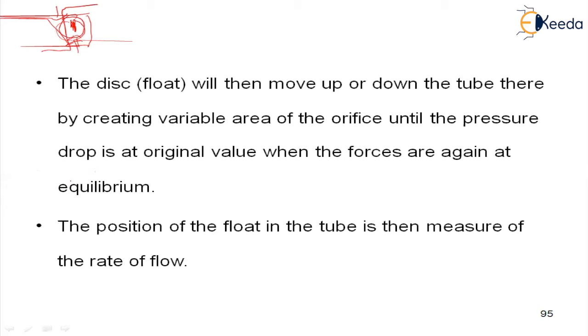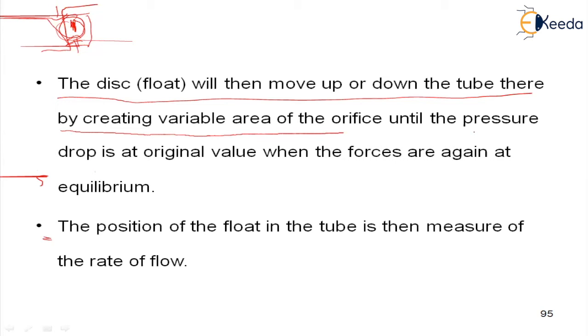The disc float will move up or down, thereby creating the variable area of the orifice. Yes, that's the reason we are going to call it a variable area meter, or it is called a rotameter. Means here, if I look at the disc position, the disc is moving up and down in the tube, thereby creating a variable area of the